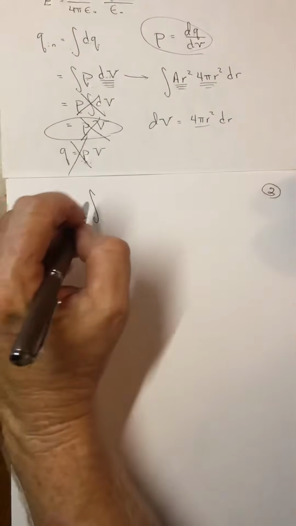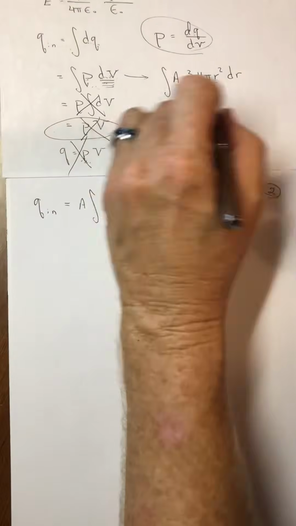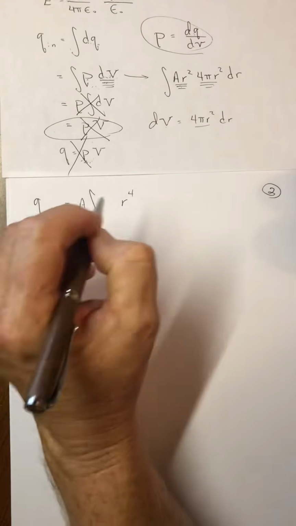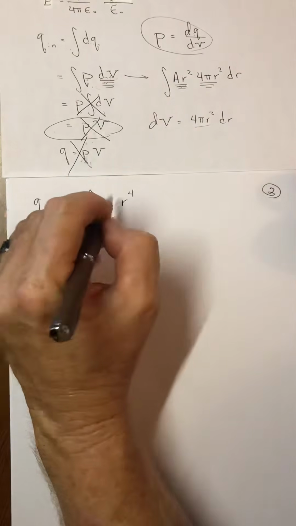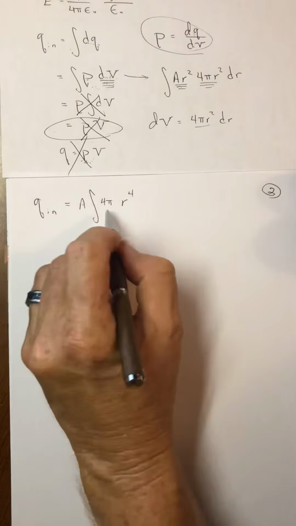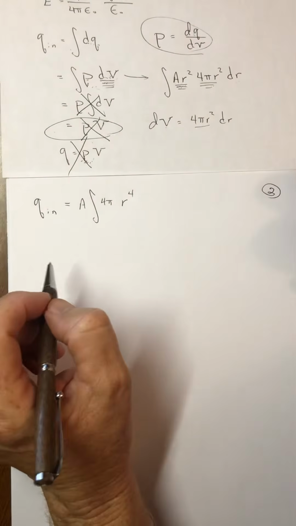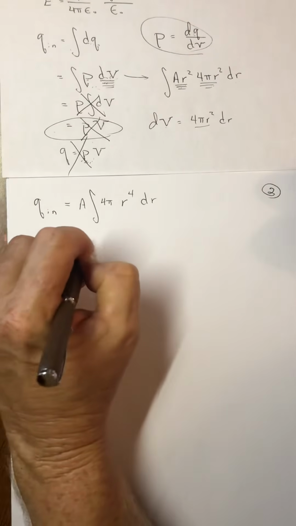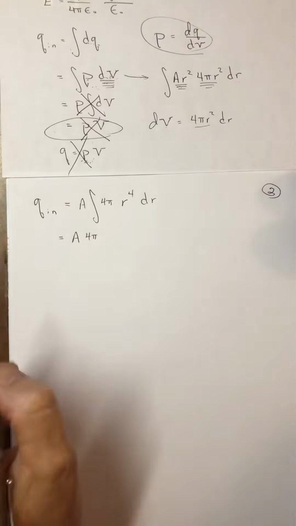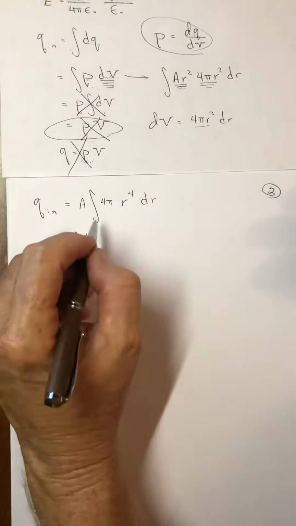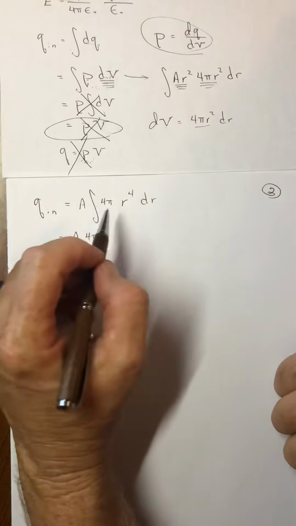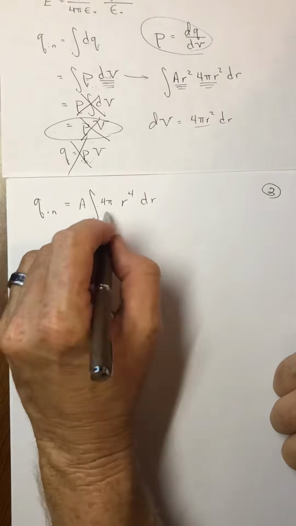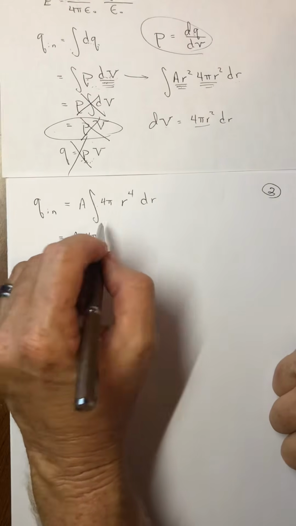For example, the A is a constant, so I'll pull it out, and I'll put the r's together. That's r to the 4th, and I'm left with a 4 pi, which I probably should have pulled out in front. I'll do that on the next step, and then the dr. And so then this is an A of 4 pi, and then I have this integral,